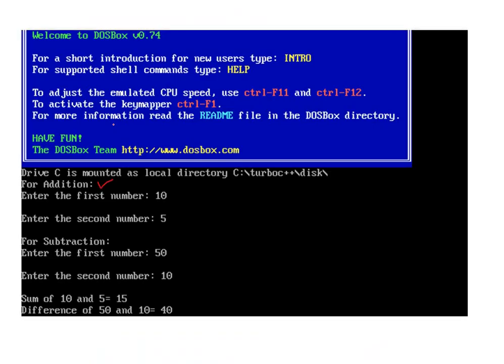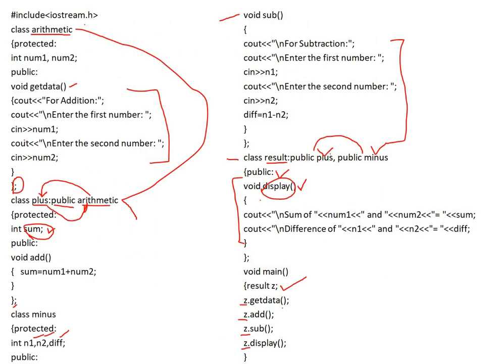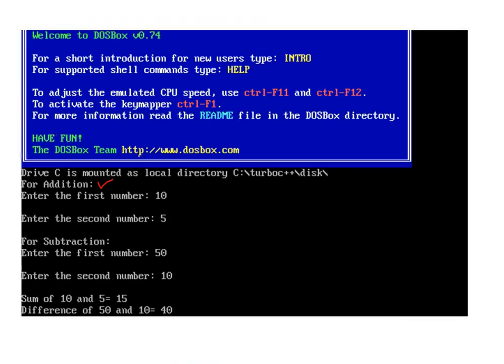So enter the first number will be displayed as it is. Now the cin object is followed by double greater than num1. So now we can enter any number into the num1 data member. Now let us consider I have entered 1 into num1.